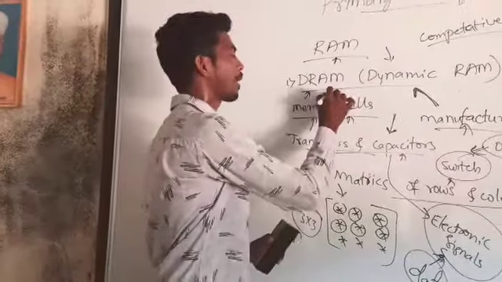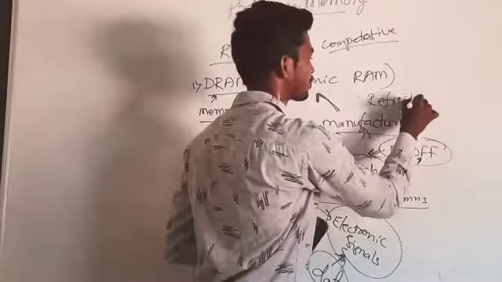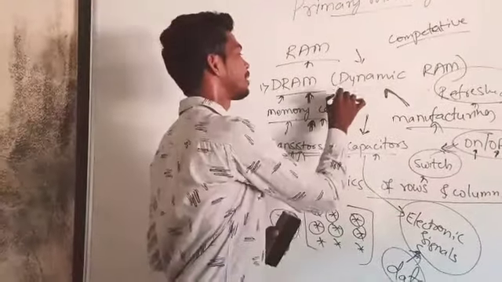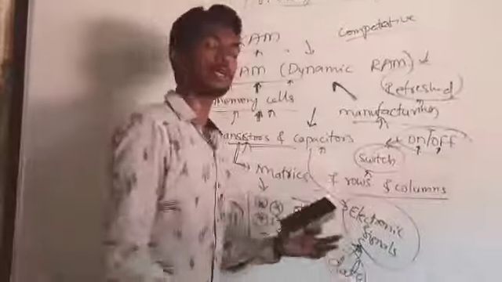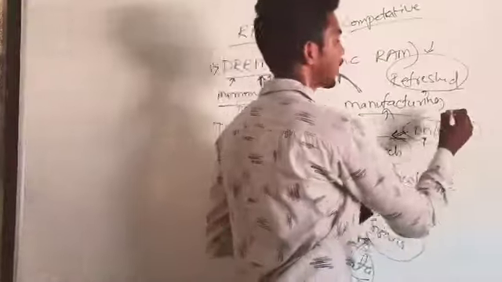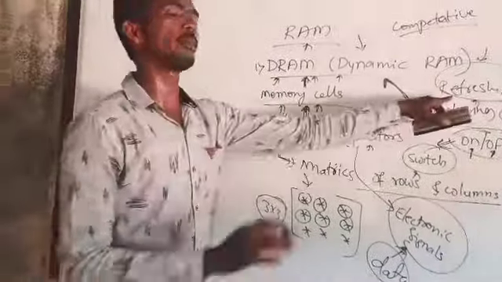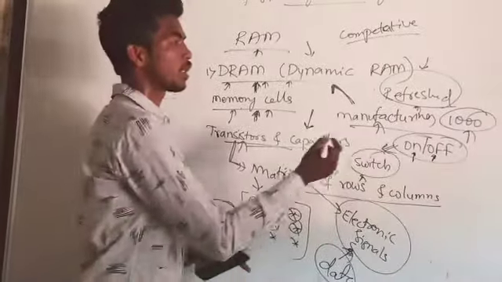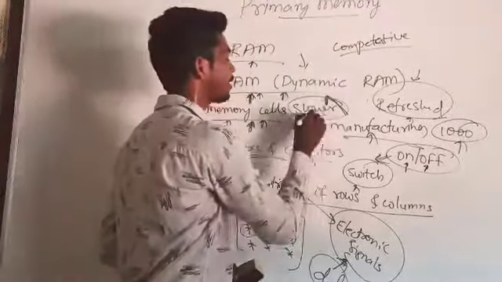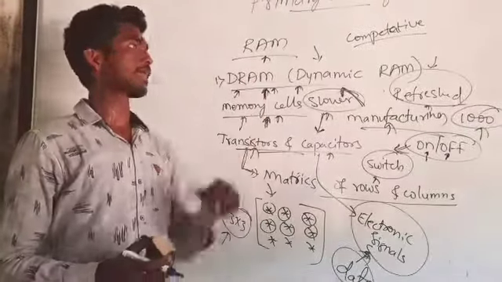And one thing about a DRAM is that it needs to be refreshed all the time. It needs refreshing to keep the data stored in it. So automatically, DRAMs are refreshed thousands of times every second in the computer system, so it is somewhat slower compared to the other types of RAMs. It is a somewhat slower memory. This is all about dynamic RAM.